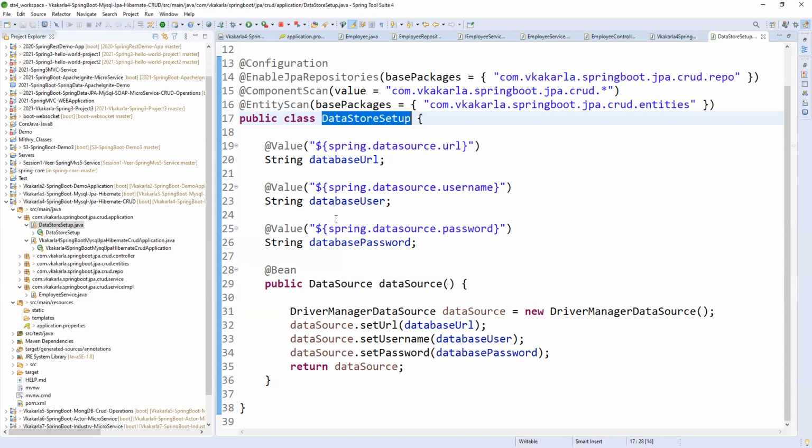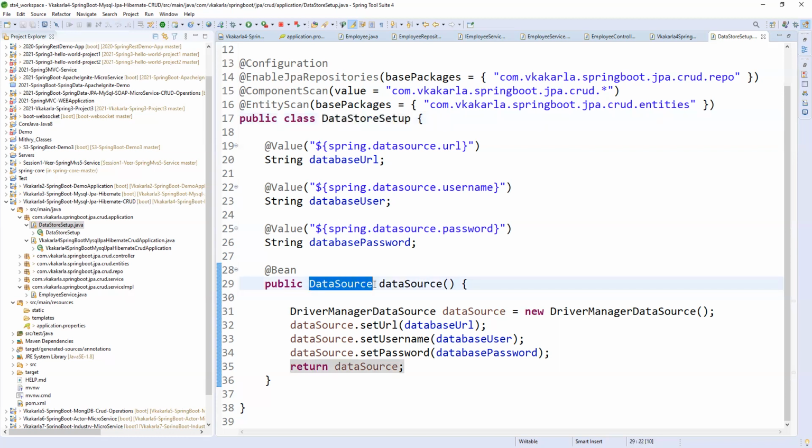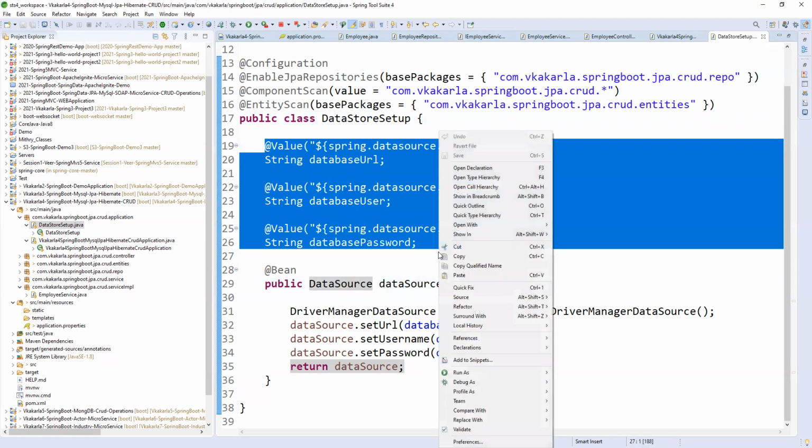So this bean class or the bean method can be done in any class or anywhere. But if we give this bean annotation, the Spring application will first look into the bean and register it first, and then only it will go to the other controller or whatever. And the data source object, this is nothing but a data source object. So whenever we are creating a bean on top of the data source object, the Spring container will take care of creating a connection based on the defined values.